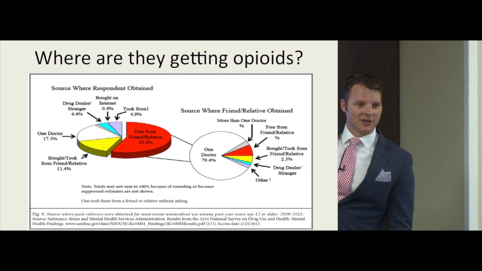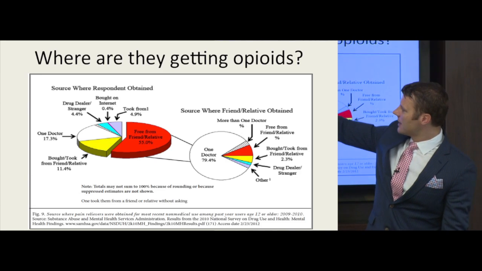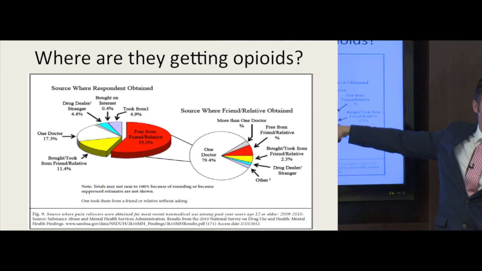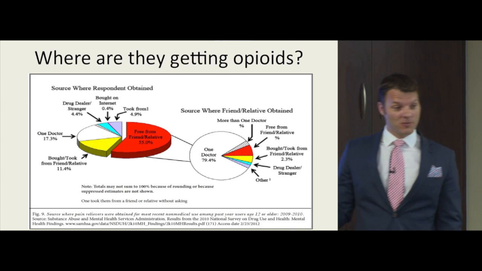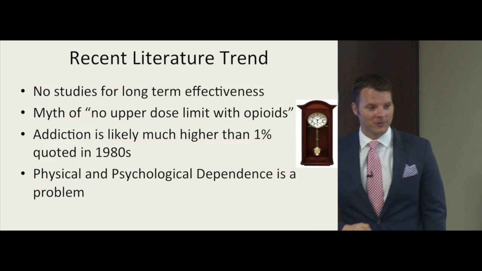So this is just based on a survey, and forget all the details, but they surveyed everybody on where they're getting the medication. The vast majority are getting it free from a friend or a relative, and the vast majority of those are getting it from one doctor. So that means they're getting it from me. Now you can see why we're creating a problem and why we need to be cautious about how we